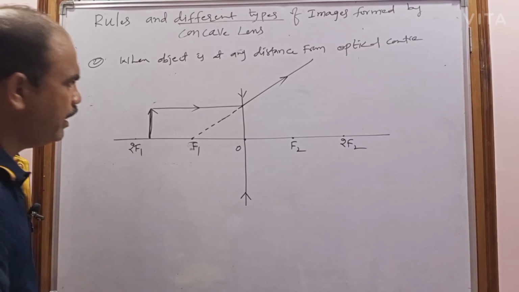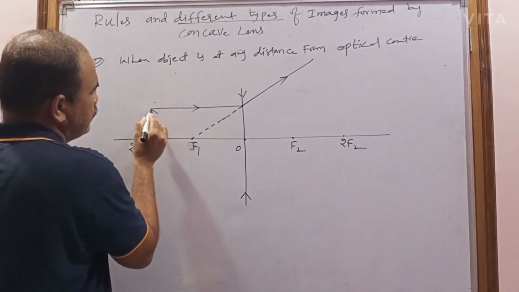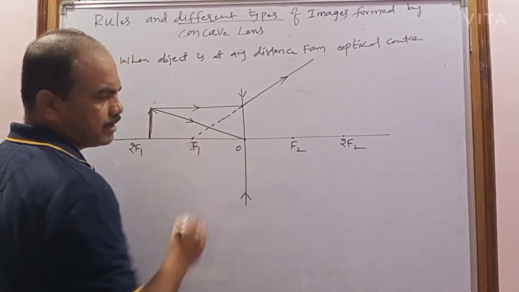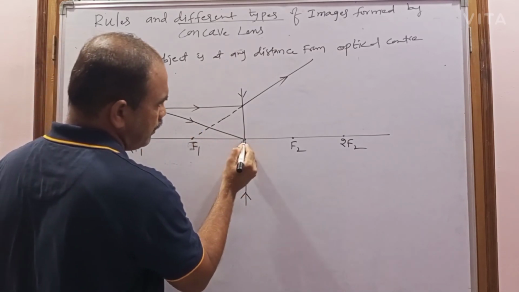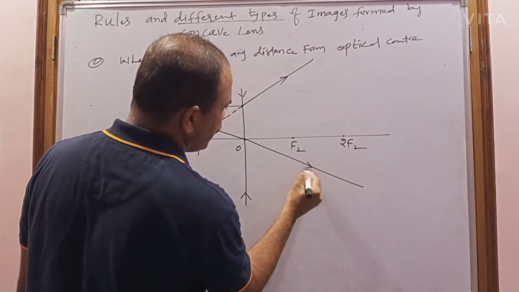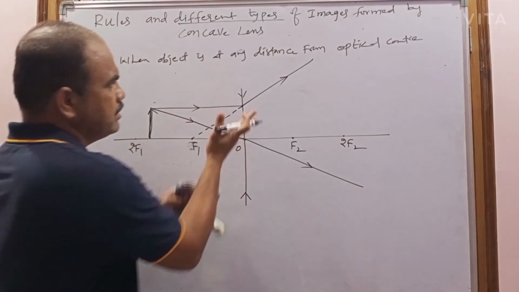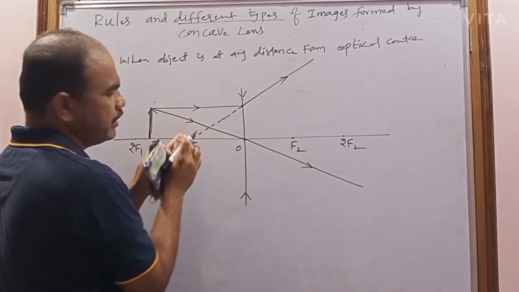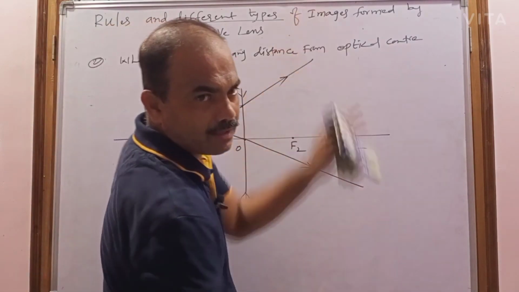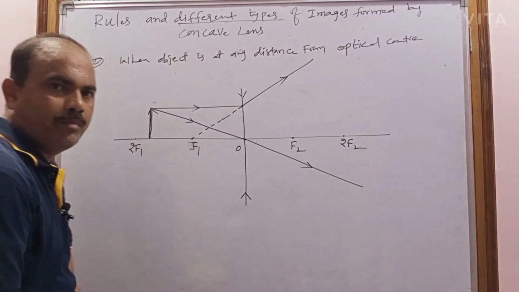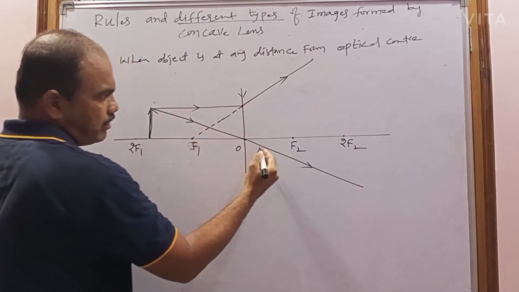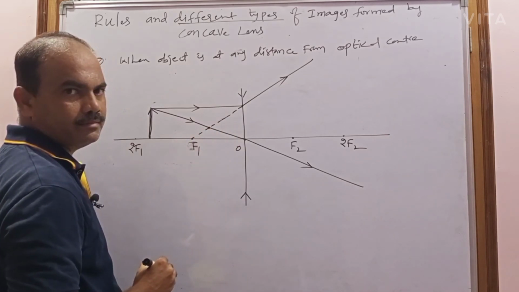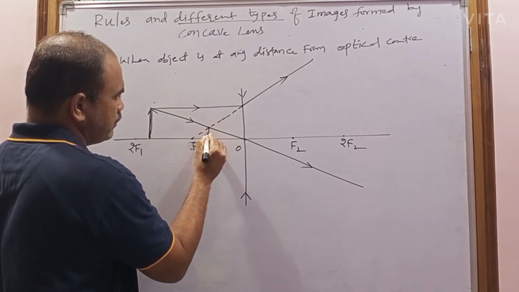And next I am taking another ray, that is passing through the optic center. So this is the incident ray that is traveling through the optic center. After refraction it continues on the same path without deviation. This is the one refracted ray corresponding to this incident ray, and this is the second refracted ray corresponding to this incident ray. So they never really intersect. To form the image, what do I do? You have to extend them. So when they are extended, they intersect here. So that's why the image is formed here.